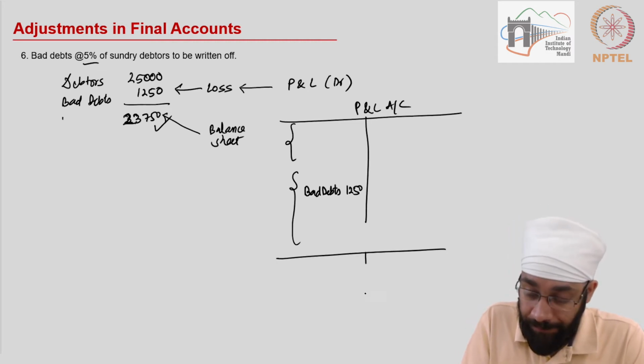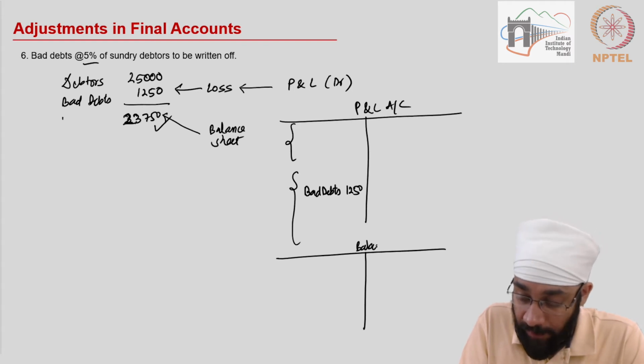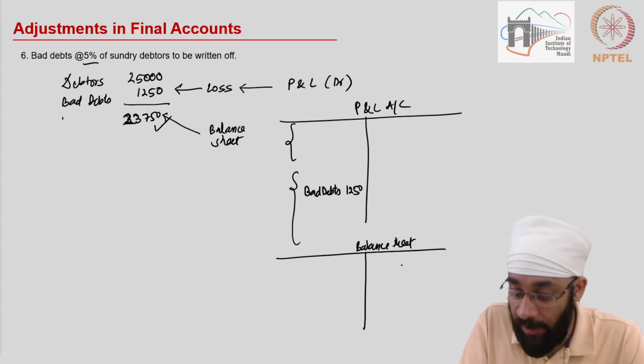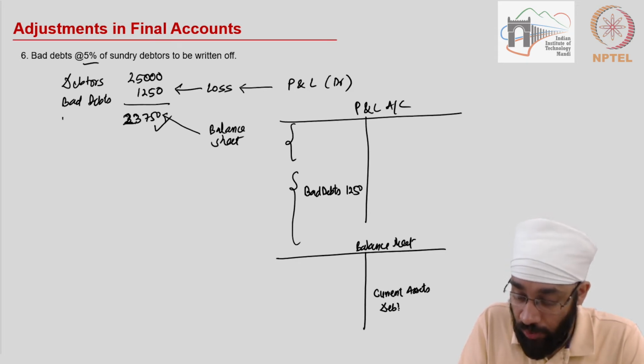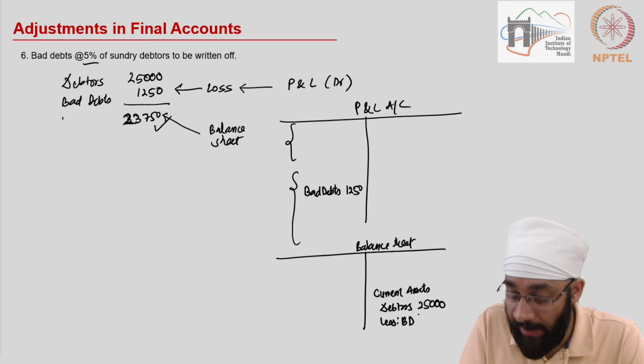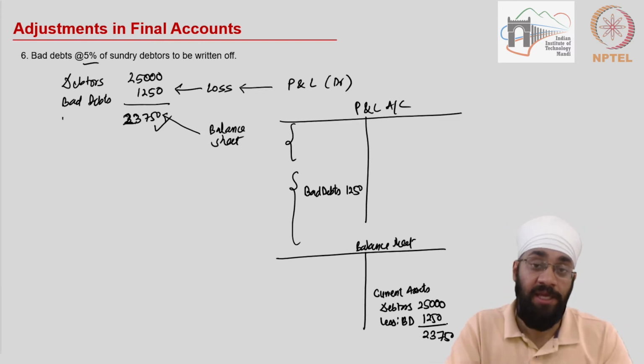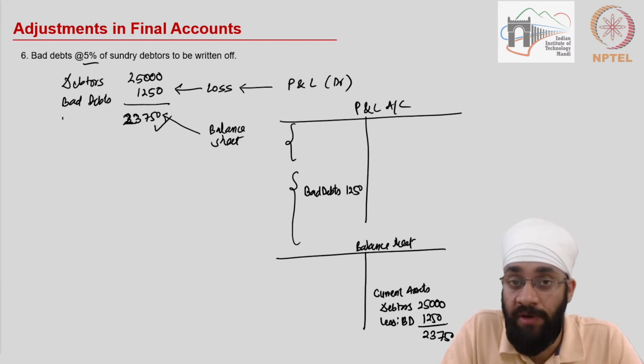And in the balance sheet, under the current assets, you show debtors. So you show the debtors as 25,000, and then you deduct the bad debts out of it, and you show 23,750 finally as the debtor amount that is to be recovered